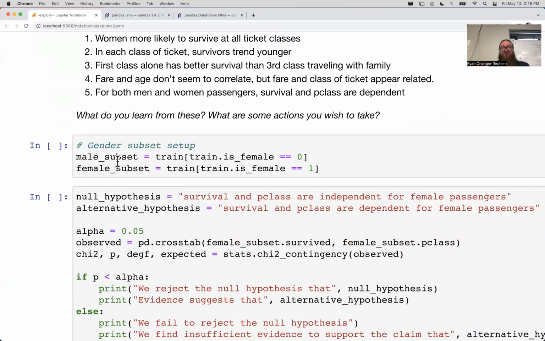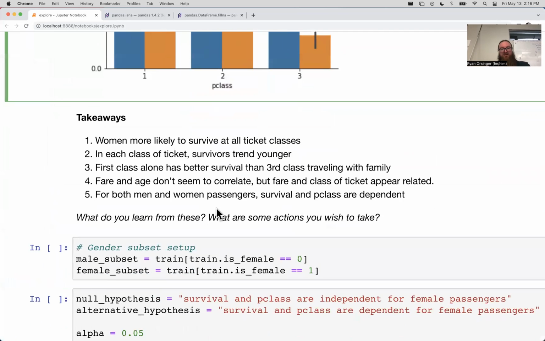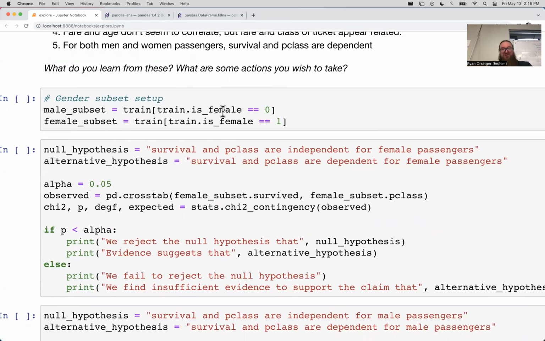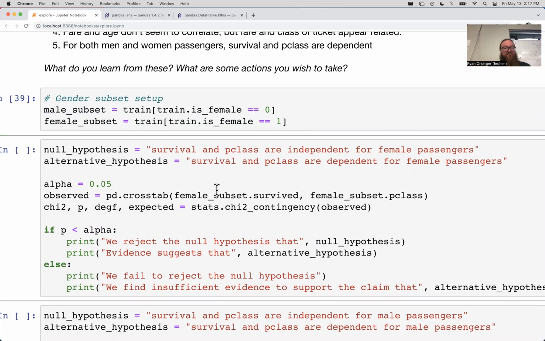If we wanted to peel this apart, looking at survived, class of ticket, and alone, or broken out by gender, class of ticket, and survived, here's the way to run. I'm going to show you right now how to run a statistical test, a hypothesis test, when you have 3 variables of interest. The first thing you do is not statistical. The first thing you do is you create two subgroups, right? In this case, we'll break this out based on gender. So we have a male subset and a female subset.